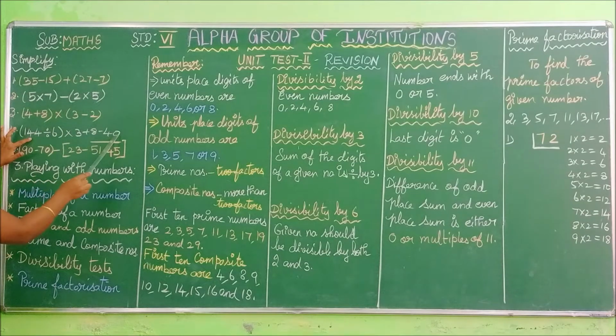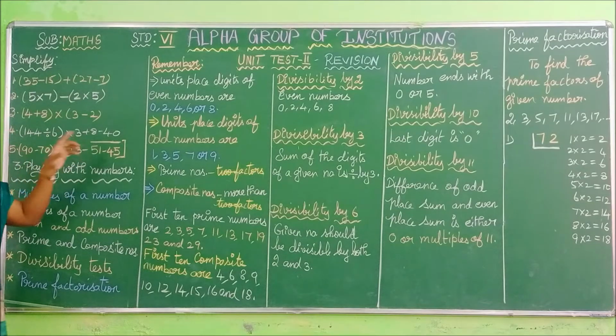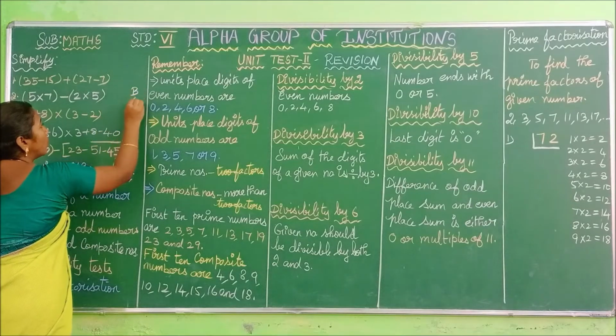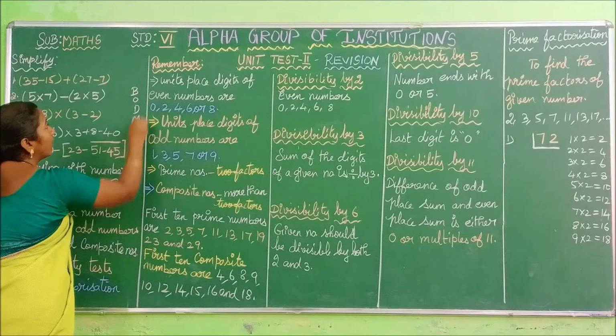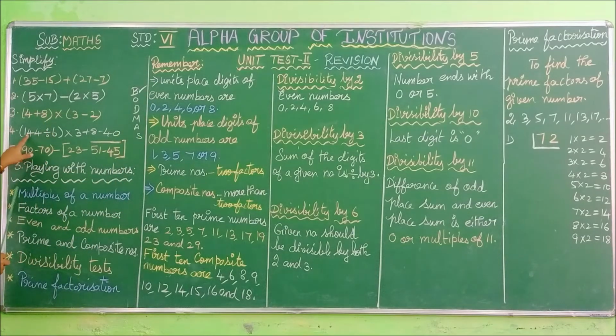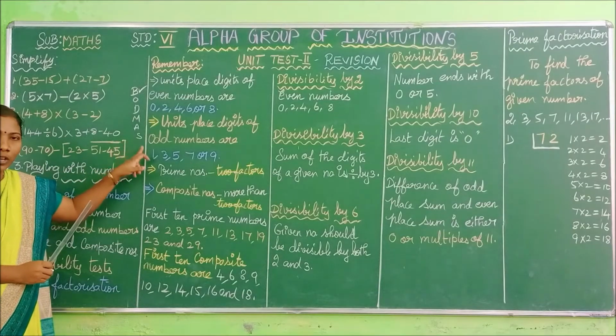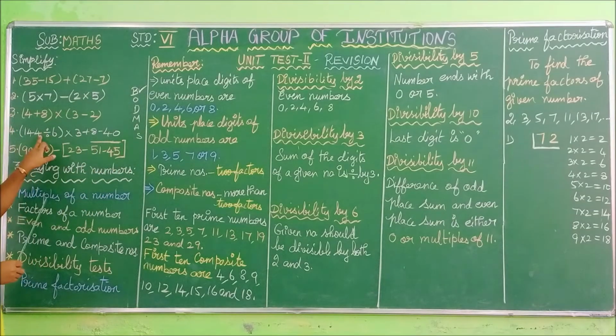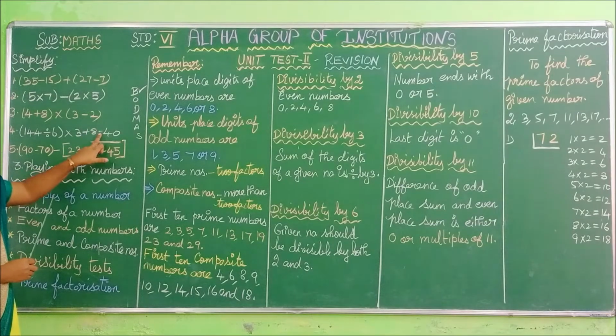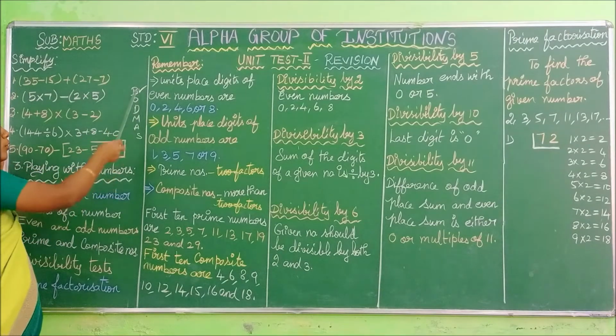In this question, observe the operations: division, multiplication, addition, subtraction. You have four types of operations as well as one bracket. But according to the BODMAS rule, first we have to evaluate the bracket. Within the bracket we have 144 divided by 6. So in the bracket you have to divide 144 by 6, and then write the quotient here. After that you have to multiply, and then perform the addition, and then perform the subtraction, because according to the BODMAS rule, first you have to evaluate the bracket.